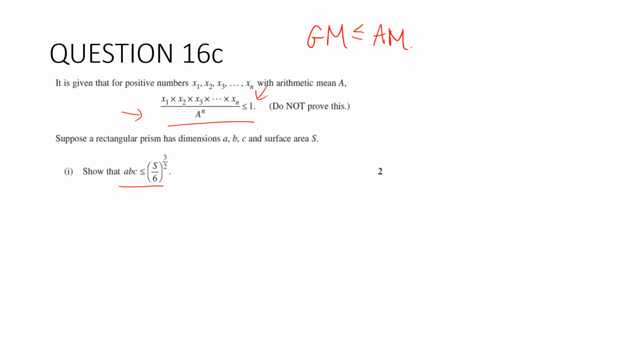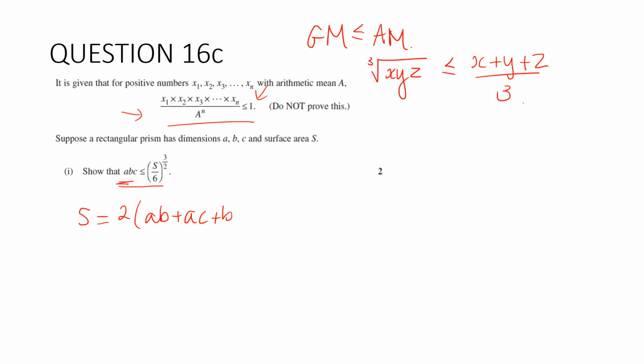Now, in this case, we're going to have 3 parts, so we want, say, the cube root of xyz is always going to be less than or equal to x plus y plus z all over 3. Okay, so we're going to figure out what to make x, y, and z. Now we know the surface area of a rectangular prism with dimensions a, b, and c is going to be 2 lots of ab plus ac plus bc. So I'm inclined to let x equal ab and y equal ac and z equal bc,